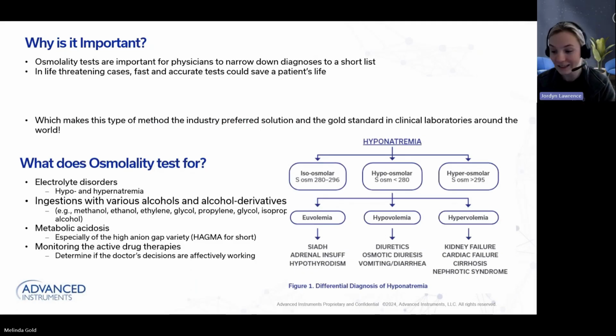Okay, so why is this important? This is really important to help physicians narrow down their diagnoses to a short list. They have this wide range of hundreds of different options, and when they get this result back, it can help them narrow it down. In life-threatening cases, say in the ER, when you get this test, it's quick and accurate, and it could save